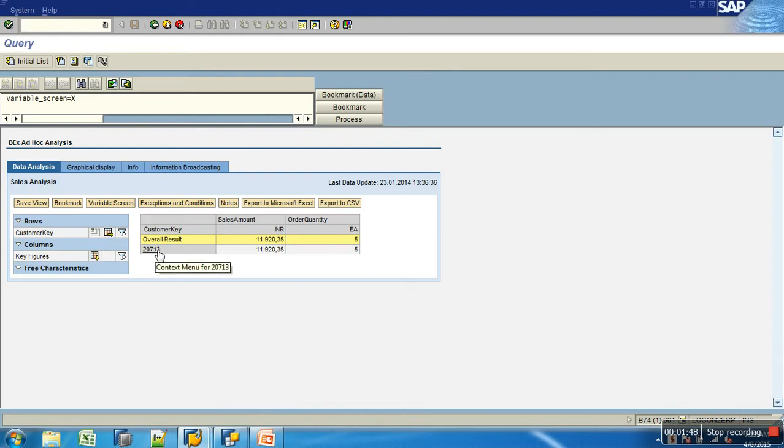So we have only one customer 20713 in the year 2014. So what if there is some other customer who wanted to see data for 2010 or 9 or something? Then what? So create one more query, restrict that query with 2009 and give him this. One more user comes in, he says I want to see data for 2003. Then what? Create one more query, again design it for him and give him. Like this, if I have data for 20 years, will I go out creating 20 queries and give them?